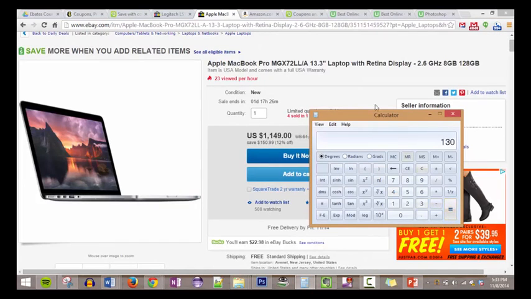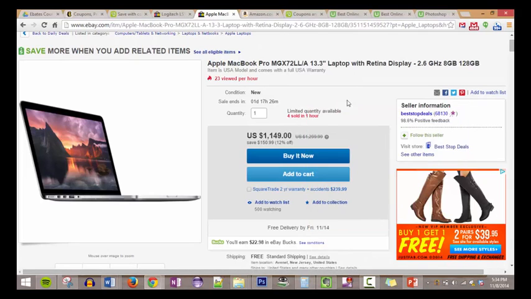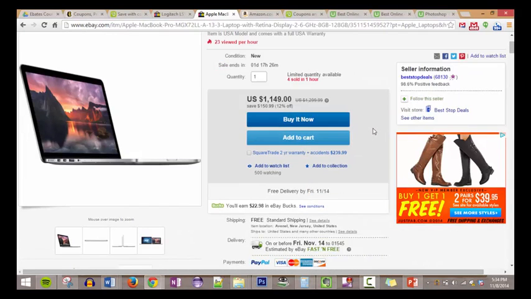You see, just by being an informed consumer, knowing that this item might be available somewhere else, you just saved $130. But then what I would do is, instead of just clicking the buy now button and checking out,